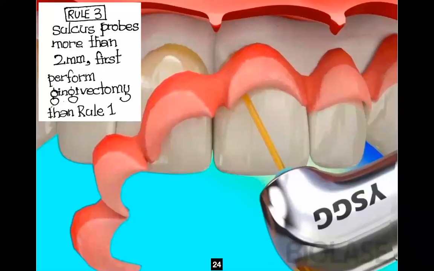so I was talking about rule number 3. If a sulcus is greater than 2 mm, it is very rarely found. People with gummy smiles, you can see their teeth are actually hidden in their gingiva. In such cases, if they have some kind of cavity, or have to undergo an extensive dental treatment where you have to evaluate the biologic width or the gingival apparatus, and the sulcus depth is coming out to be greater than 2 mm, especially at the facial aspect of the tooth, then we have to evaluate whether a gingivectomy could be performed.